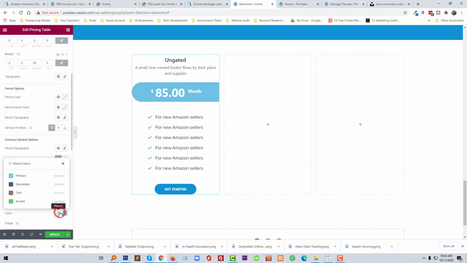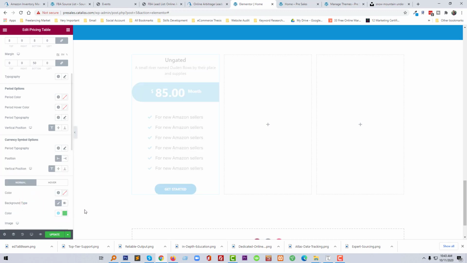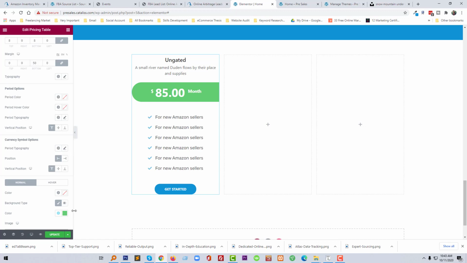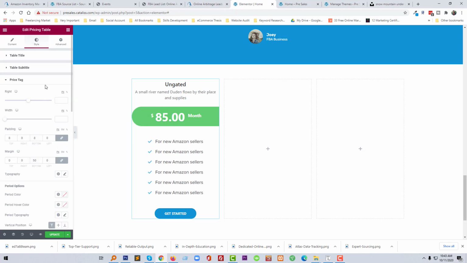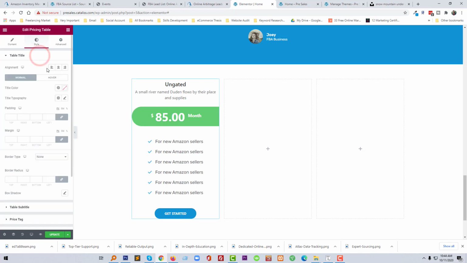We can change also with this color, and that is not okay. So we have designed our pricing table,